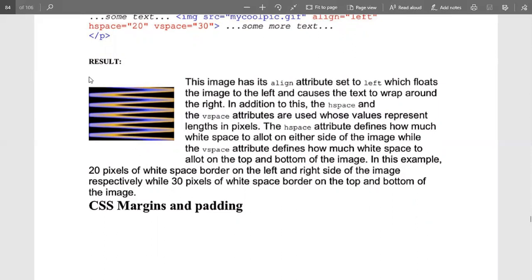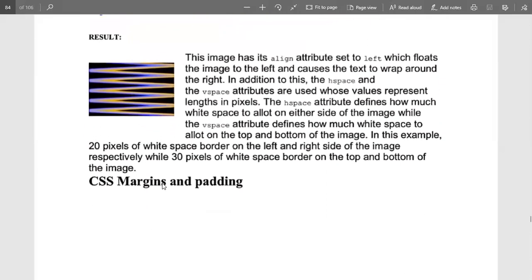So that is done with hspace, this space and this space, right? And the top and the bottom are done with the help of vspace. So vspace is equal to 30. That's why the spacing between this one and this one is 30, and the spacing between this one and this one is 20. So this is done with the help of hspace and vspace.